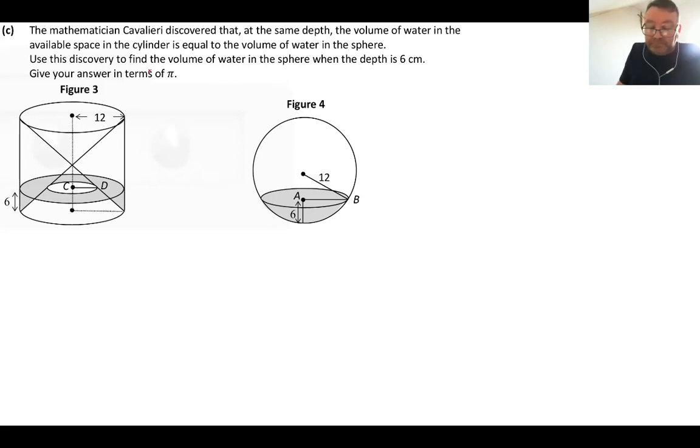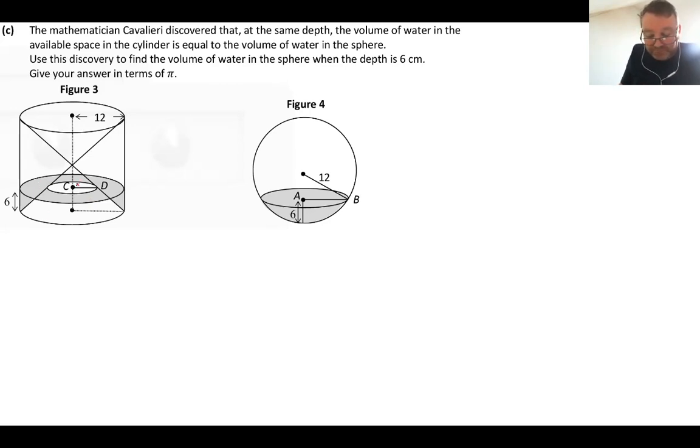Now, it says his discovery told us that if the depth is the same, then the volume will be the same. So they want me to work out the volume that's at the base of this particular sphere. There's no formula in your tables that will allow you to work with that type of shape. But there are formulas that will allow me to work with the shape of the water over here. Because at the end of the day, and I need you to think about this, look at the diagram,